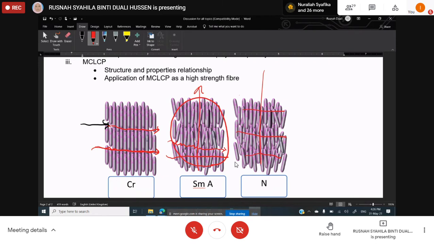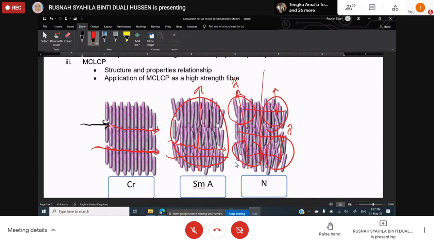Maybe my drawing is not perfect, but we still can see that that is the director for that. And here, similar. That is the average, and here, so it's not as